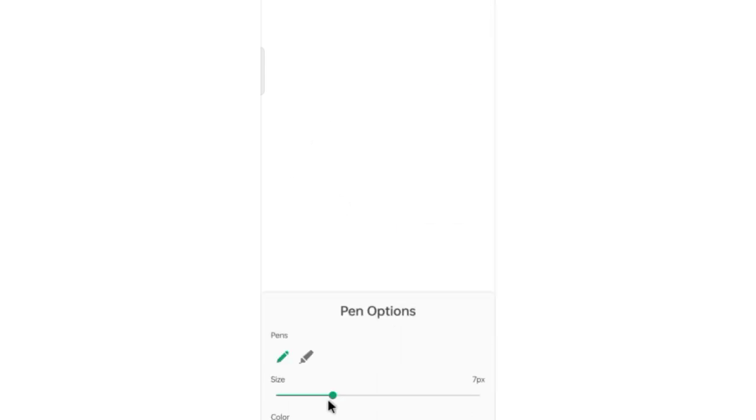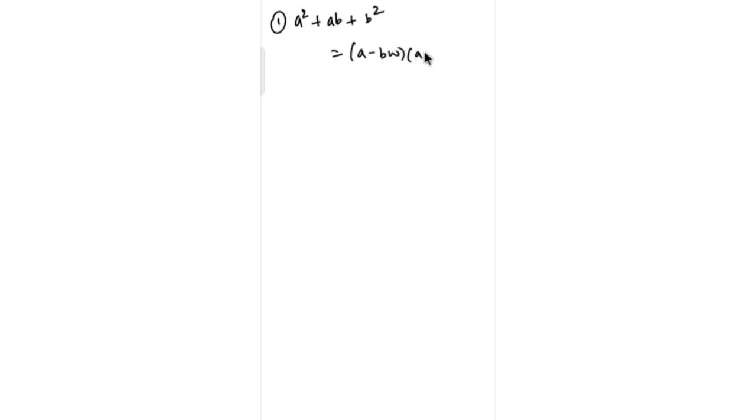Now, using the cube roots of unity in general equations, how do we use that? The very first point: a square plus ab plus b square can be represented as a minus b omega into a minus b omega square. I'm not going to prove all these things, I'm just listing them out. Second, a square minus ab plus b square can be written as a plus b omega into a plus b omega square. Fine, you can even check that out by multiplying the terms on the RHS, and you will get the LHS.